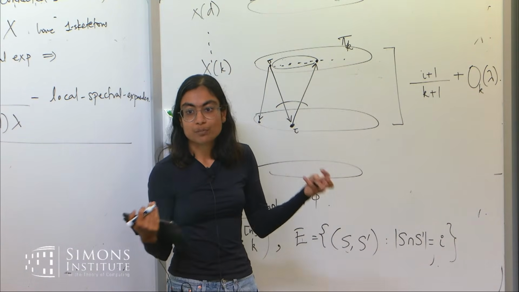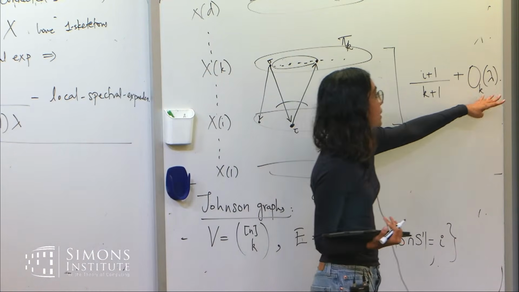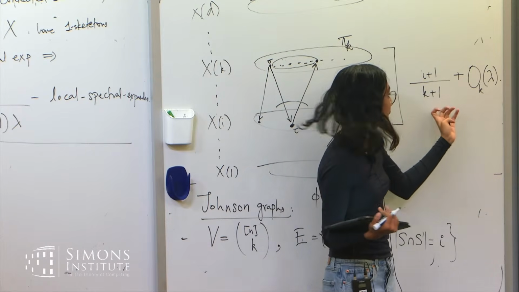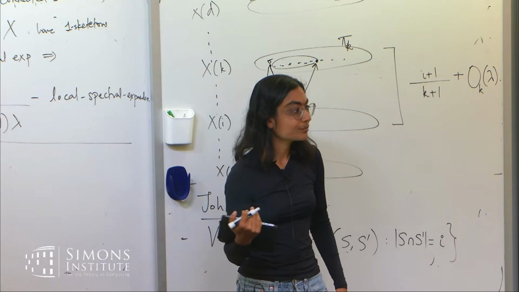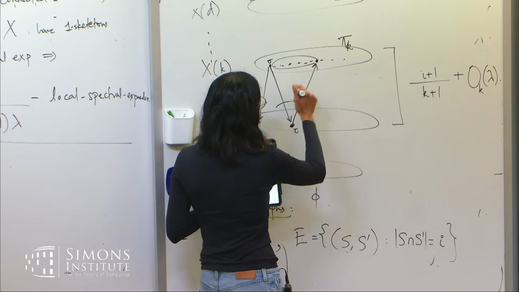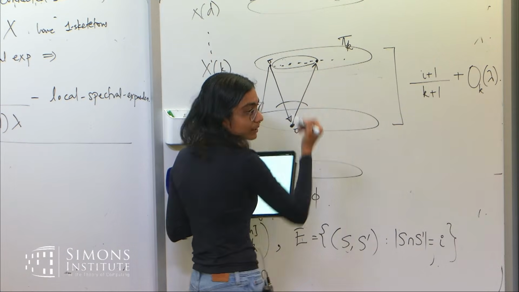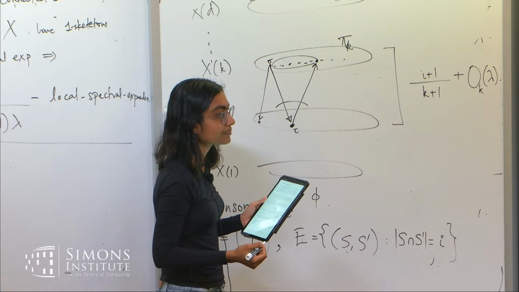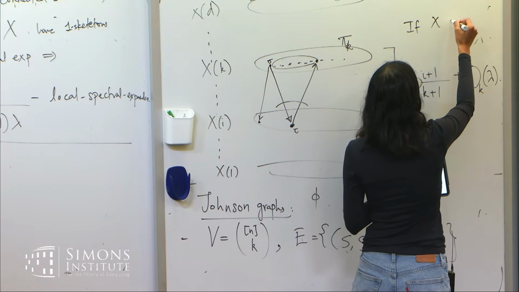So for example, for the complete complex or for the Johnson graphs, you can just plug in lambda equals 0, and you get an upper bound on the eigenvalue. This is the eigenvalue of the Johnson graph or the random walk that goes down and comes up. If X is a lambda HDX,